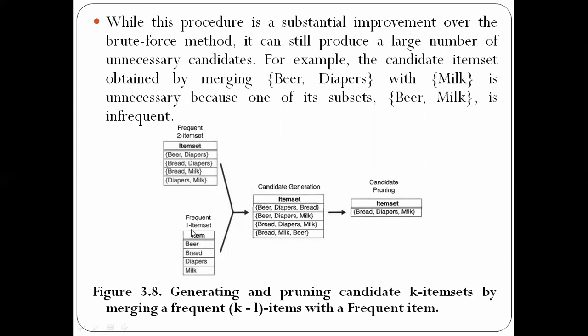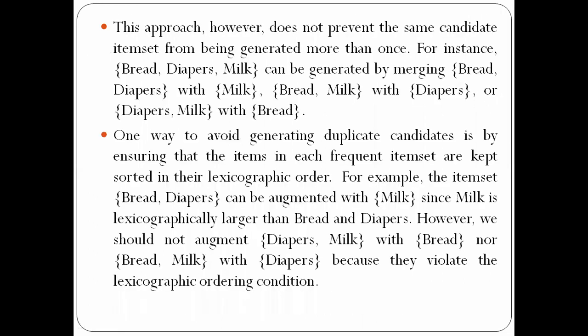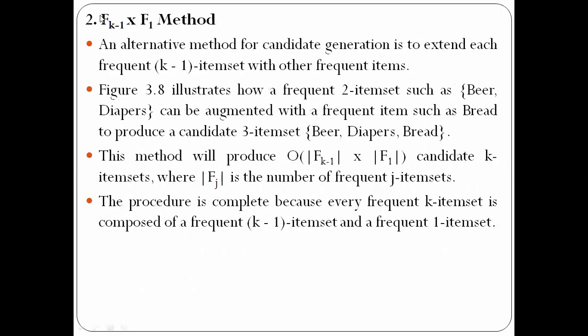And then beer and diapers with diapers. Again, it is not possible. Beer and diapers with milk. So we can form the next one. Like that, we have merged or combined the frequent 2 item set with the frequent 1 item set. That is the procedure that we will be following in the second approach, that is Fk minus 1